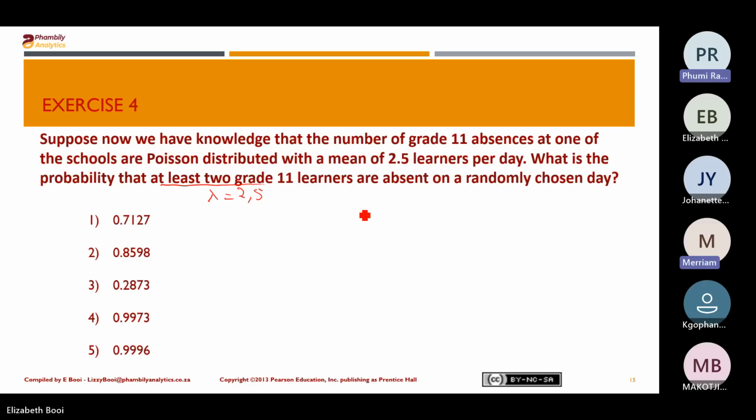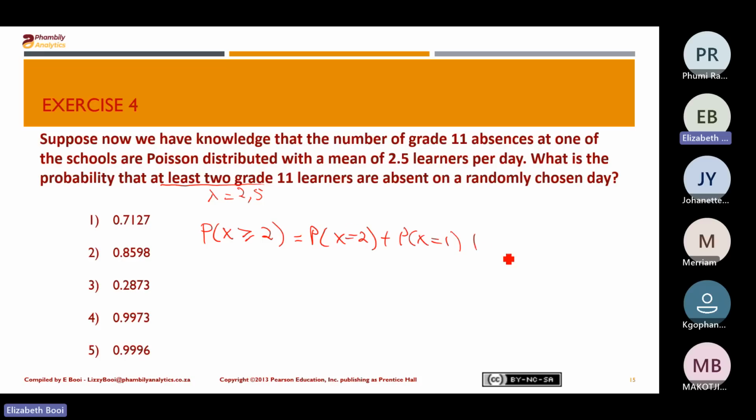Is greater than or equal to. Correct. Probability of x greater than or equal to 2 is what we are looking for. Now, here is the catch with this: with a Poisson, you don't know how many X values there are, so you would calculate the probability of X equals 2, because it includes 2, plus the probability of X equals